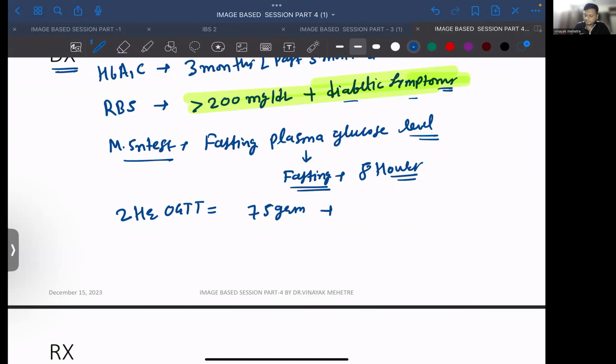Anyone? No one? More than or equal to 200 mg/dl. Okay, this should be the diagnostic criteria. If 75 grams of glucose we are giving and the glucose level is going more than 200 mg per deciliter, it is diabetes. Okay,